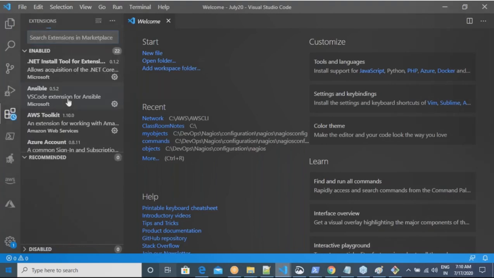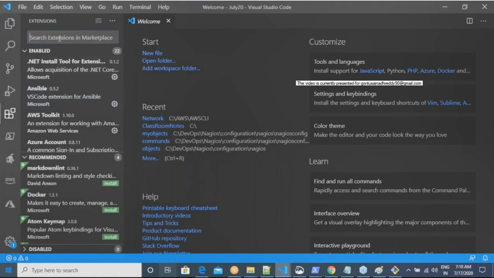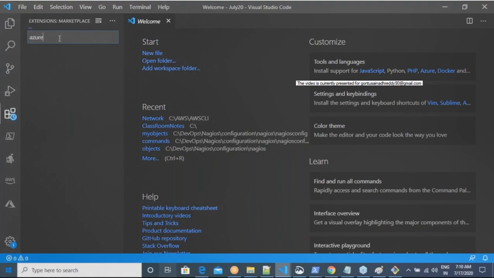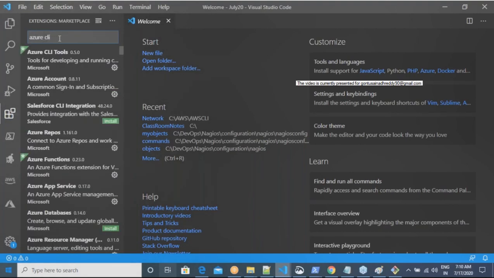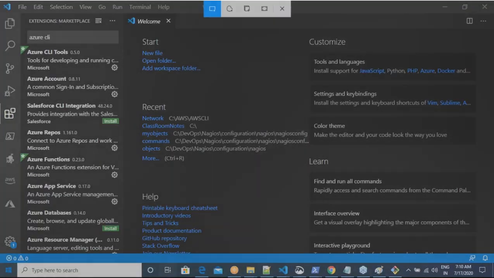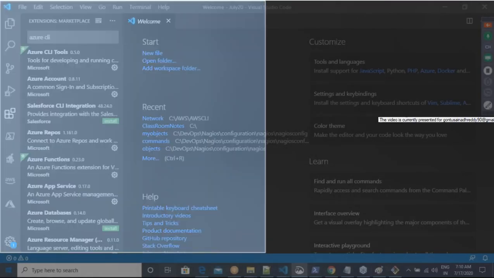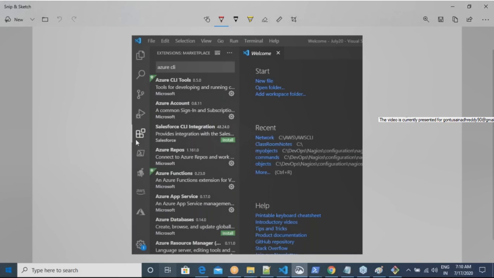Now, ensure that you have the Azure CLI plugin installed. Once you open Visual Studio, click on this part and select this. Here, for me it is installed. If it is not installed for you, you will see a green install button. Ensure that you install that.